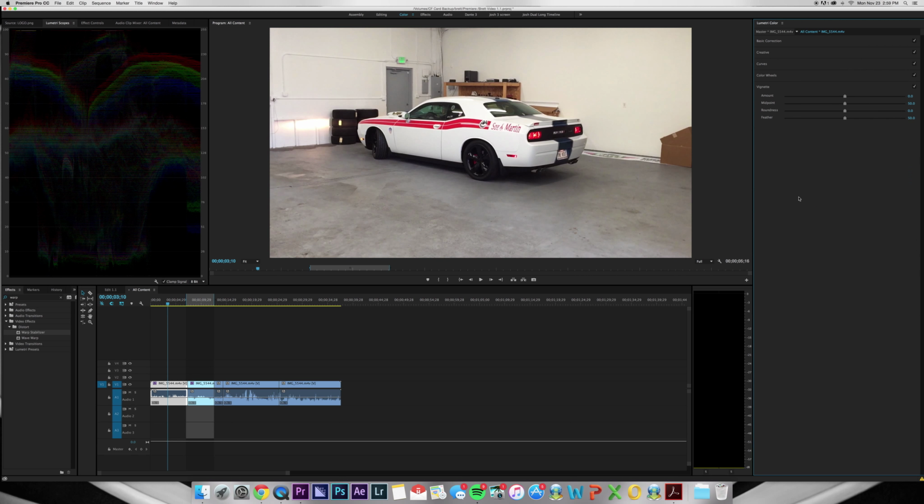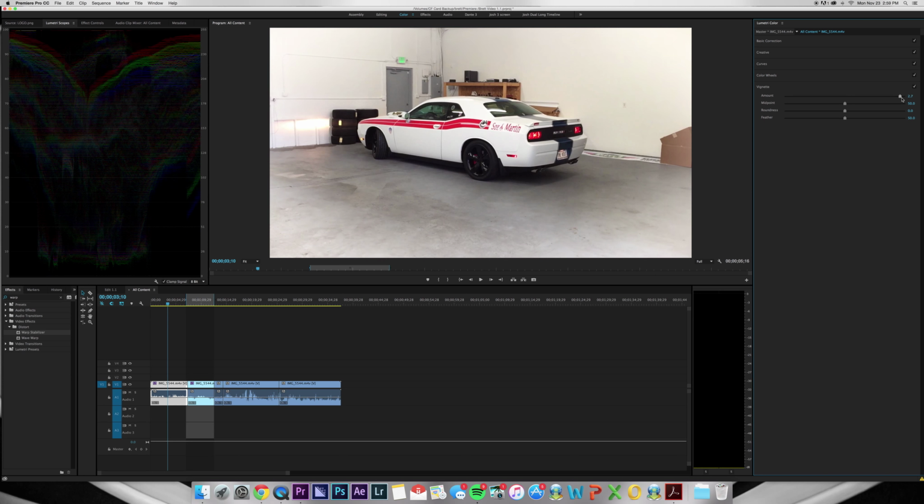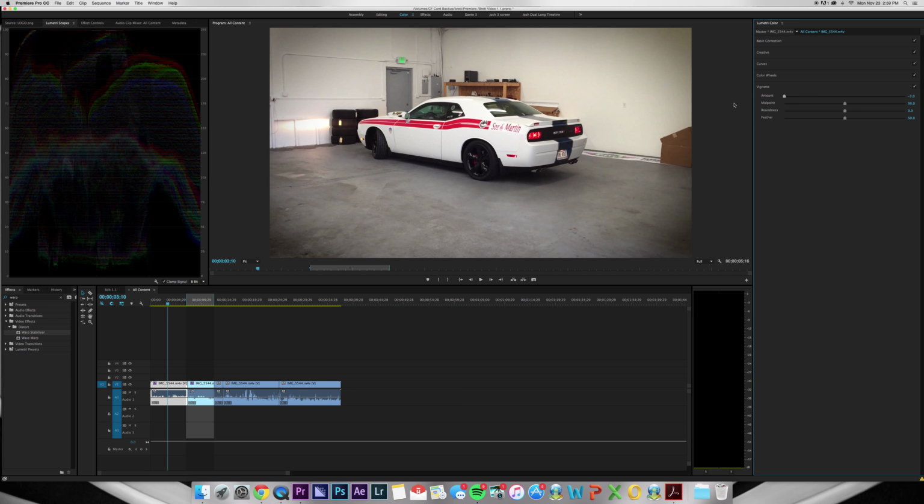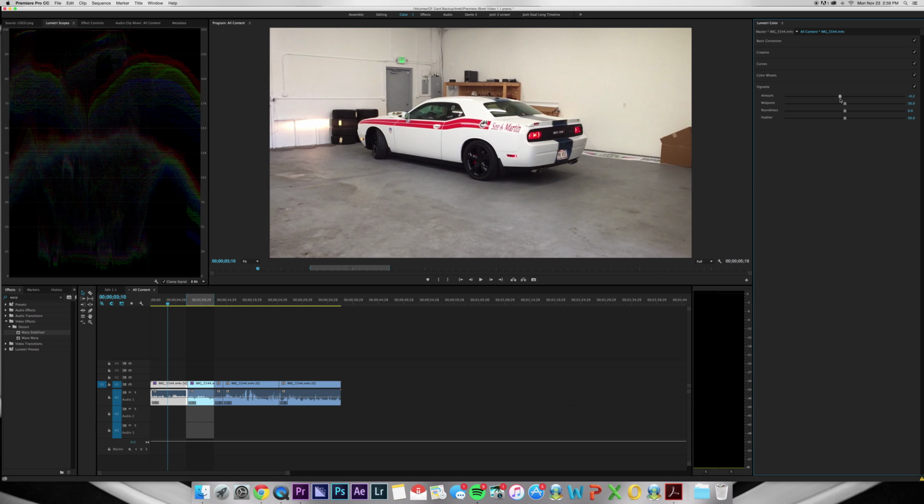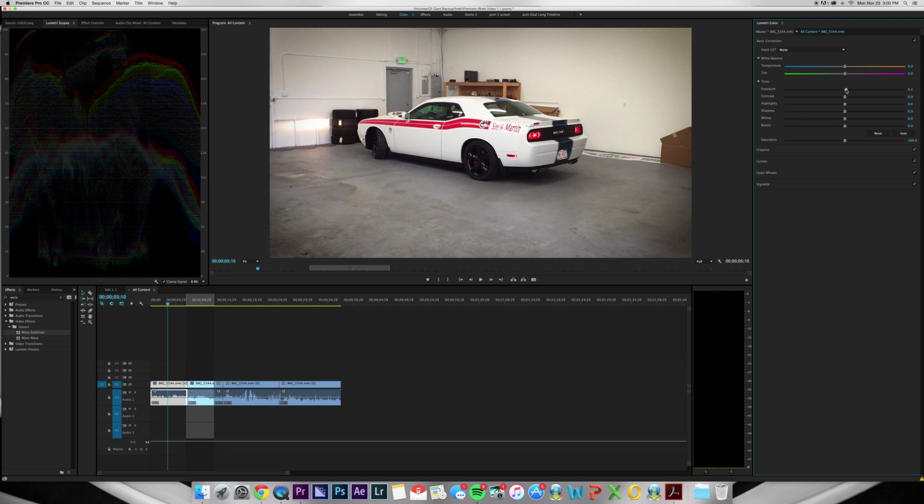A vignette means darkening or lightening of the edges. So I can go all the way. There's a white vignette if I pull to the right. There is a black vignette if I pull to the left, okay? Hopefully you can see right away, if you bring a little bit of vignette in, especially with iPhone footage or phone footage, it gives it a much nicer look. Now, it got darker, so I may now want to bring the exposure up just a